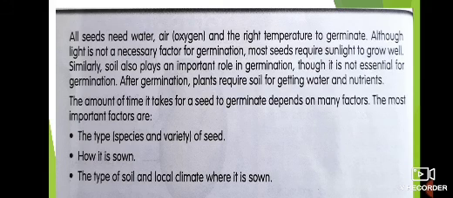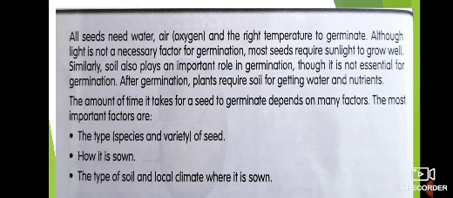Photosynthesis is the process in which the leaf prepares food for the plant in the presence of sunlight, water and carbon dioxide, or you can say air. All these conditions are necessary when the leaf is formed, and at the initial stage it is not necessary because there is no leaf, it only wants to germinate. So in the condition of germination, over here you can see that light is not necessary for all these seeds.